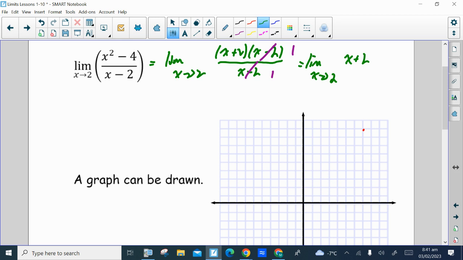So again, because the x minus 2 on the bottom canceled, that means there's a point of discontinuity at x equals 2. So the graph of the original function will be the same as the graph of our simplified function, the line x plus 2, but with the same restriction. X cannot equal 2. And so there would be a point of discontinuity at x equals 2. So let's graph this line. That line has a y-intercept of plus 2 and a slope of positive 1. So we'd rise 1 and run 1. So that point will be on our graph